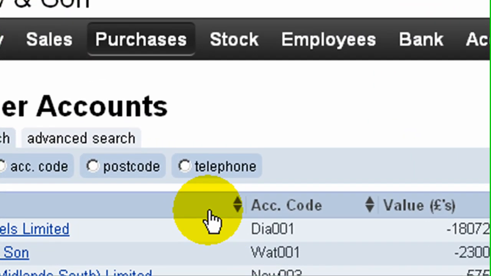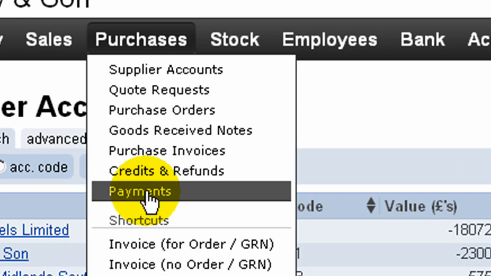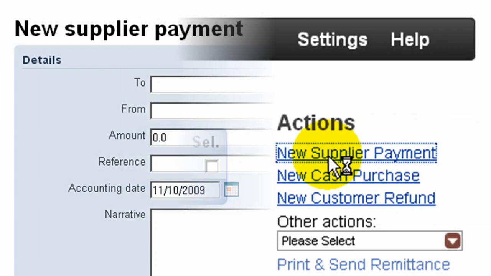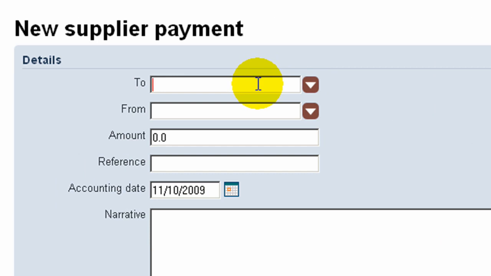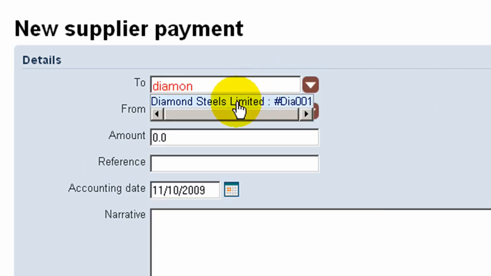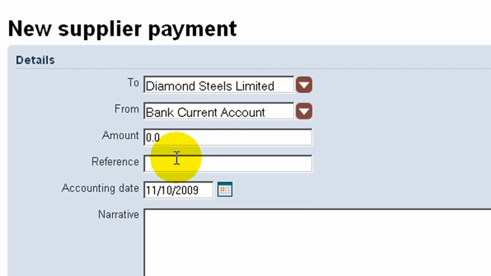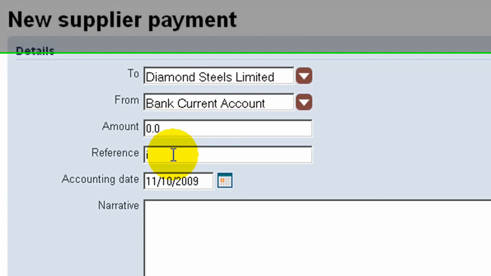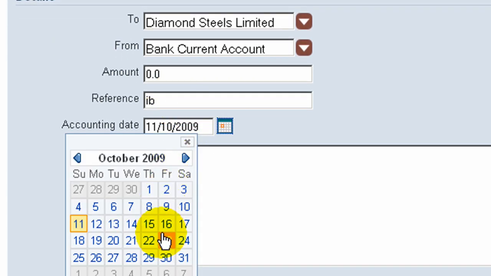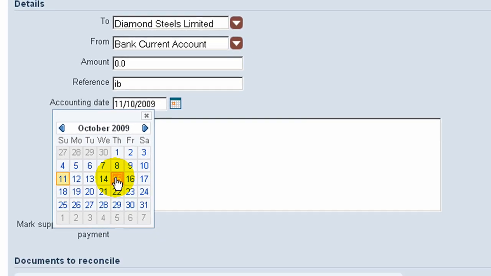Recording a payment for any given supplier can be done easily by clicking Purchases, Payments and New Supplier Payment. Here we identify the supplier to be paid, the account from which the payment is to be taken, the payment method or reference, in this case internet banking, the date on which the payment will be made,